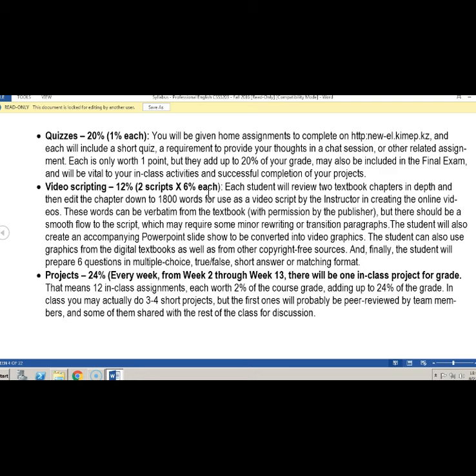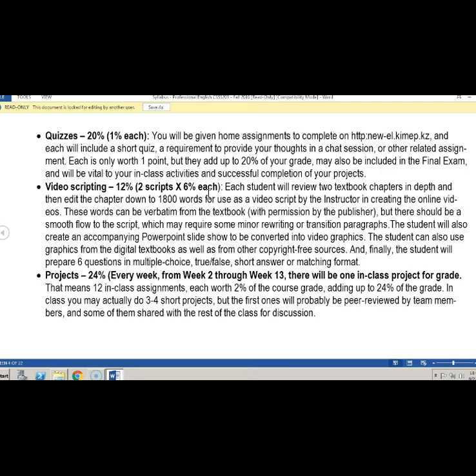But typically, in a PowerPoint, the idea is just to put an outline, just a few words on a whole page, no more than like 30 words or so, and that's your typical PowerPoint page. You can break that rule once in a while if you think it's important. And so you will shorten your 30 pages to about 5 pages, build a PowerPoint, create the questions, and you'll do that for 2 chapters during the semester. I will turn those into a video for the rest of the class.